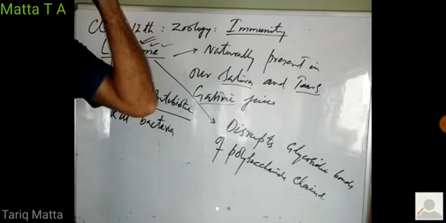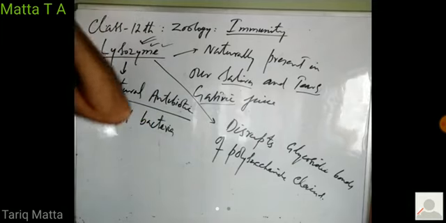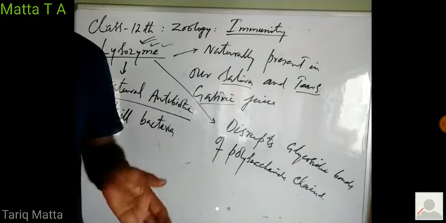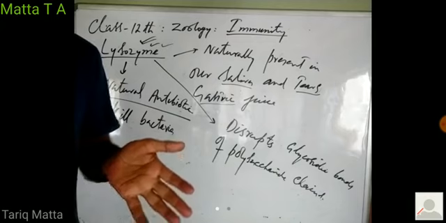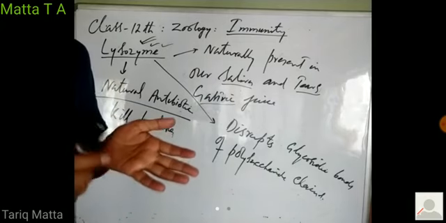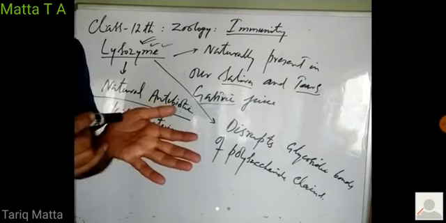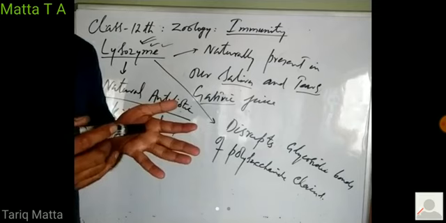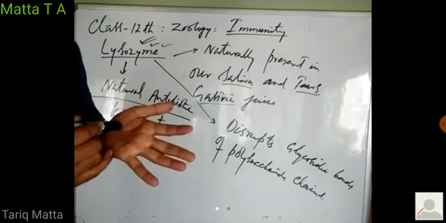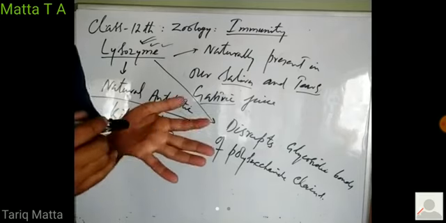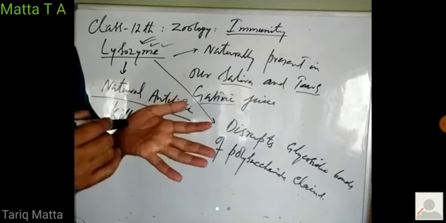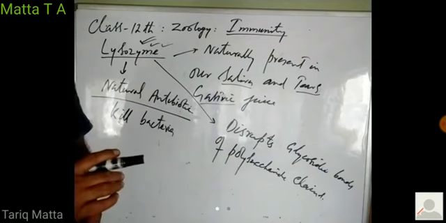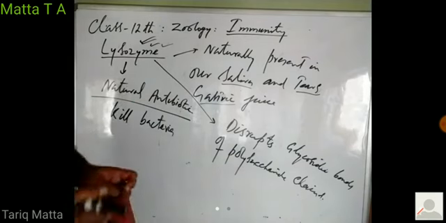Now, after this, we are going to discuss adaptive or specific immunity. So far we were discussing innate or non-specific immunity. As you must now know, this innate or non-specific immunity is provided to us by skin, by mucosa, by phagocytes, by the inflammatory response, and by lysozyme, right? So these were the components of innate or non-specific immunity. Now we will discuss adaptive or specific immunity.